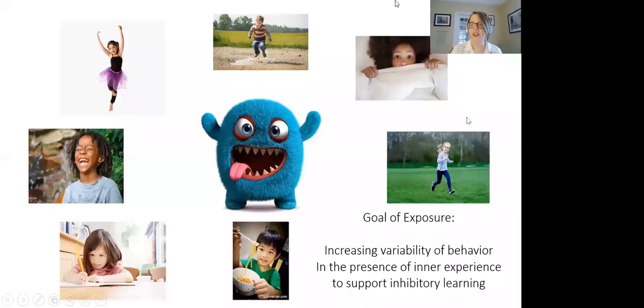Which can be great. So the goal is to increase, just stay with me for a second. If we're going to use this shaping paradigm for shaping approach behavior in the presence of the fear cue, we want to increase variability in the presence of that fear cue, not to distract at all. In fact, we're going to encourage you to stay in contact with that fear cue the whole time and really notice what shows up and what thoughts you have about it. And we're going to encourage you to do more than avoid. In fact, we're going to help you resist avoiding and instead do all sorts of things, right? This is really different from how our bodies would normally respond, but that's the goal.